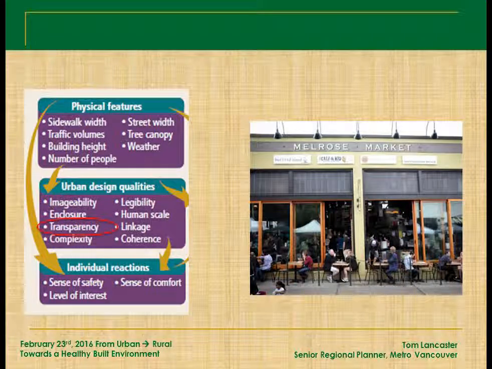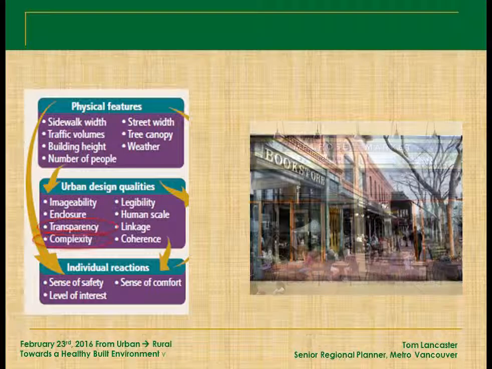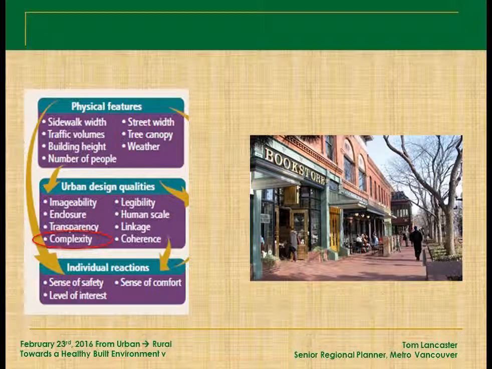Transparency. Again, the cinder block wall, not that effective at really engaging you when you're walking down the street. Transparency, as many windows as possible and as many doors as possible, leading into fun little places to go and do stuff. You can see that over and over again. Complexity, and like the smaller storefronts. Smaller the storefront, the better. This is a great thing about small towns, and medium-sized towns actually, is that when you break up a block, you don't, like in Vancouver, have to put 4 or 5 lots together called an assembly in order to make a development work. In a small town, you can make a small 20-foot wide, 22-foot wide development work really well on a main street.